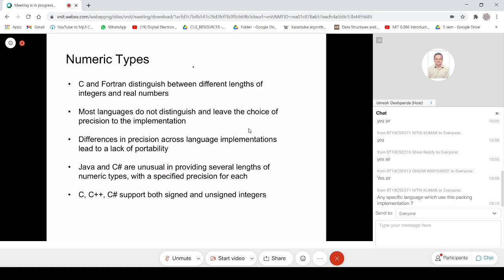Right. Java and C Sharp provide different lengths of numeric types, with a specified precision for each of those types.